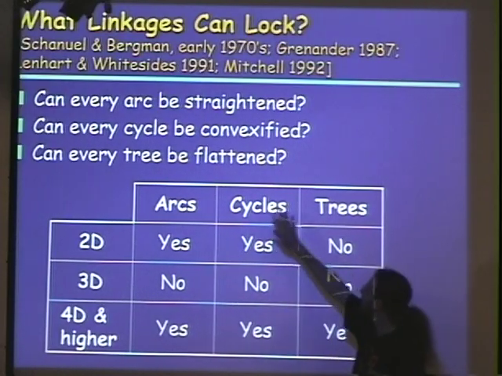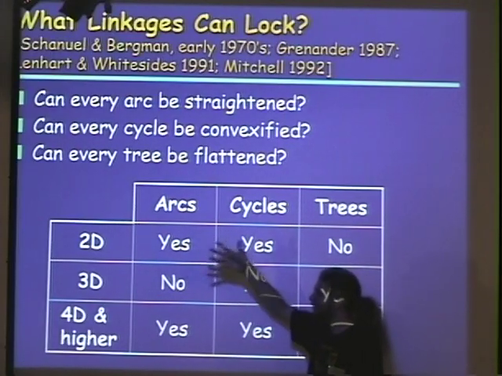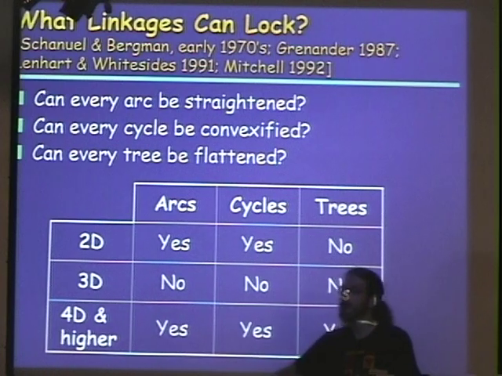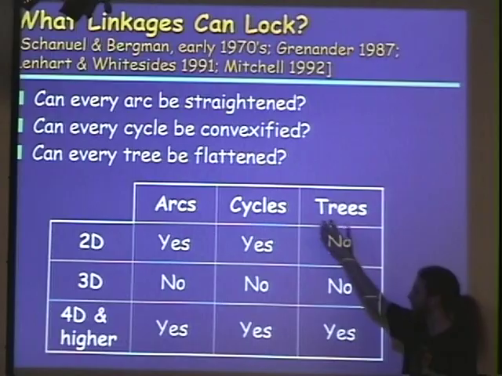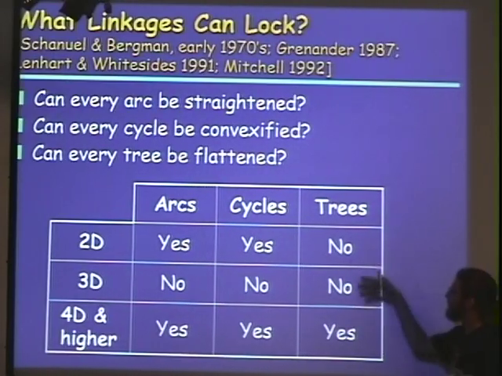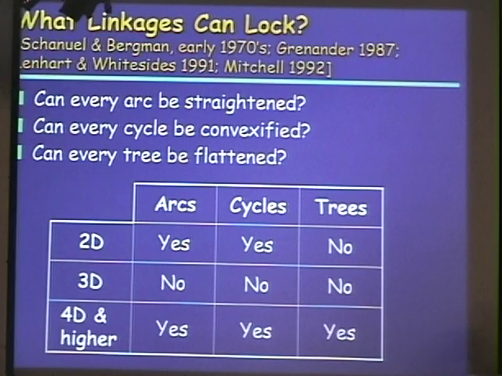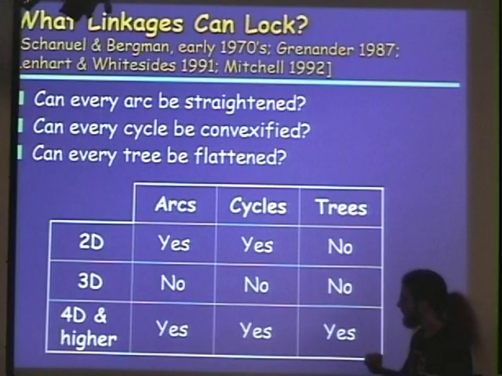For arcs and cycles and trees, you can ask whether every arc can be straightened in 2D or 3D or 4D or higher. 4D turns out to be the same as everything beyond, because these are sort of one-dimensional structures. Cycles, can it be unfolded? And trees, can it be unfolded? Some of these problems are pretty old, like 30 years or so, and then were solved in the last few years. Probably the most intuitive column is this one,